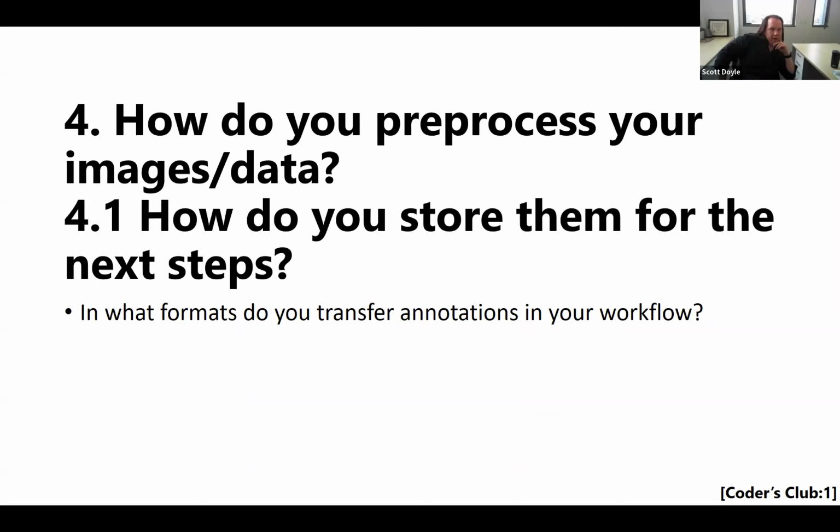We use JSON for everything for the most part. Any kind of text-based file format will work. So XML is something that Aperio ImageScope and a couple of other tools will use. We use JSON because that's what the Digital Slide Archive uses. And then we have Python scripts that, if we need a mask, will generate a mask from the JSON file,